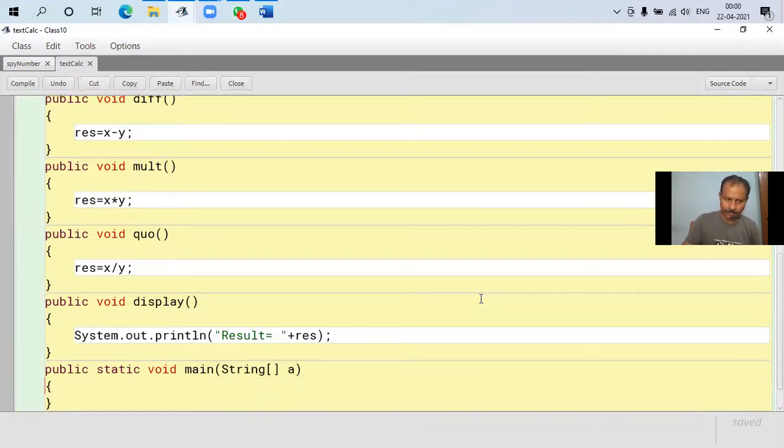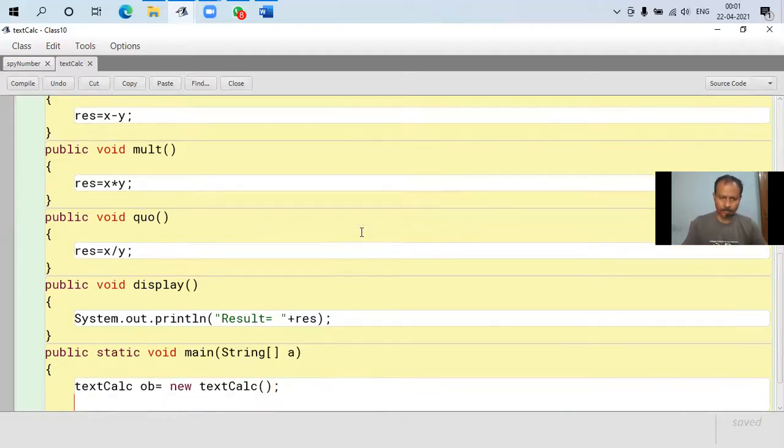So we have to define that. And when we define that, we need to create the object of the class. What is the name of the class? TextCalc. So we are creating an object of the class equals to new Calc. We have created the object.